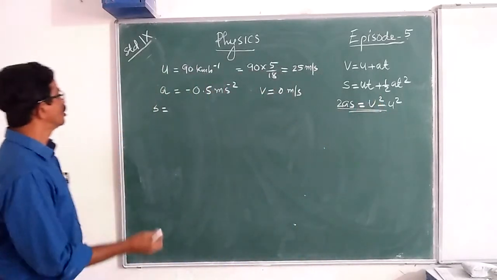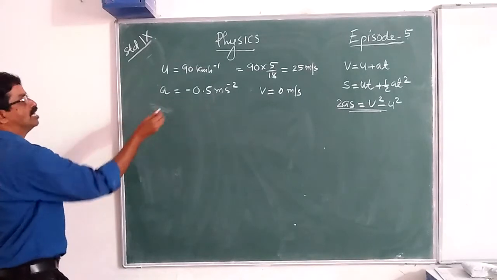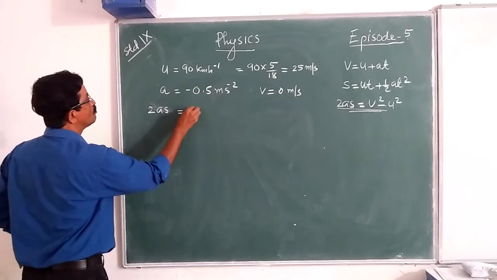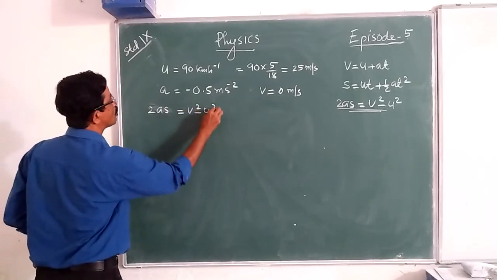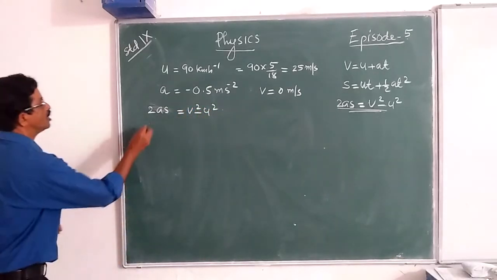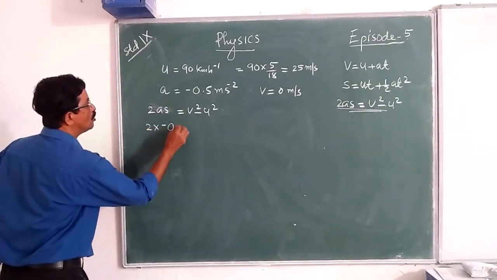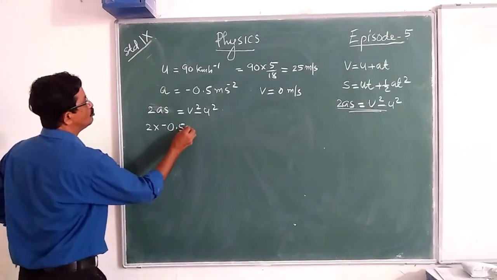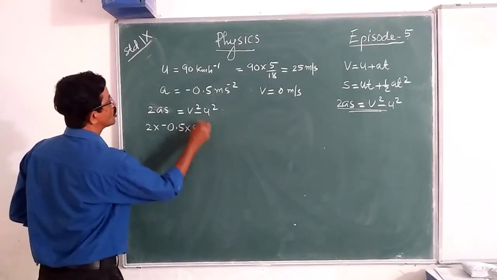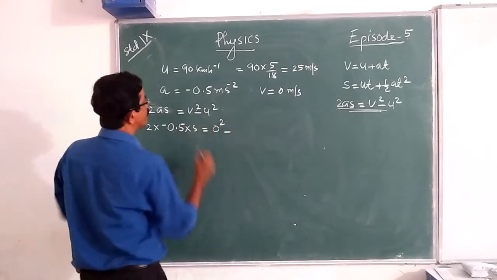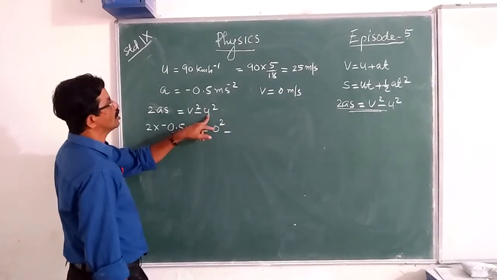To find s, we can choose the relation 2as equal to v square minus u square. That is 2 into minus 0.5 into s equal to v square, finally 0, minus u square. u is how much? 25